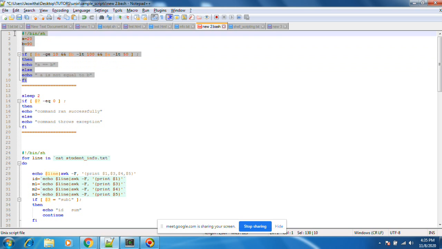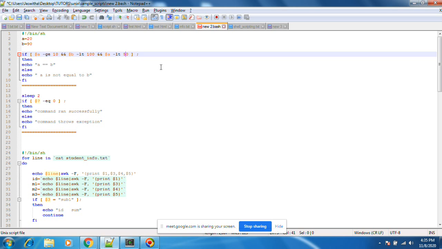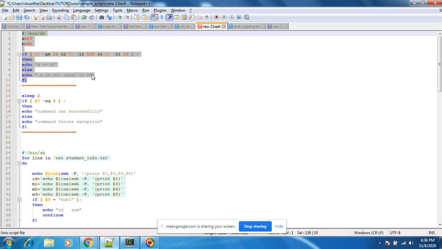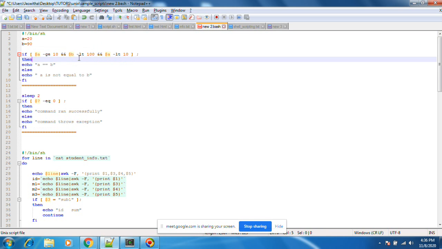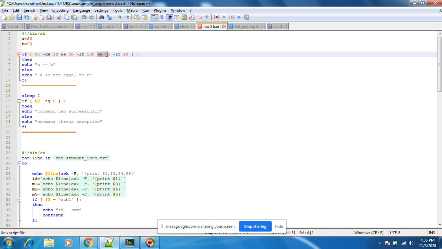Okay, let's try this way also. This is and, and suppose this is less than 10. Let it be. This condition fails, $A less than 10? No, $A is greater than 10. That's why this condition fails. We should get this output. Let's see how this works. In other programming languages, this will work: C, Java, Python, any language.